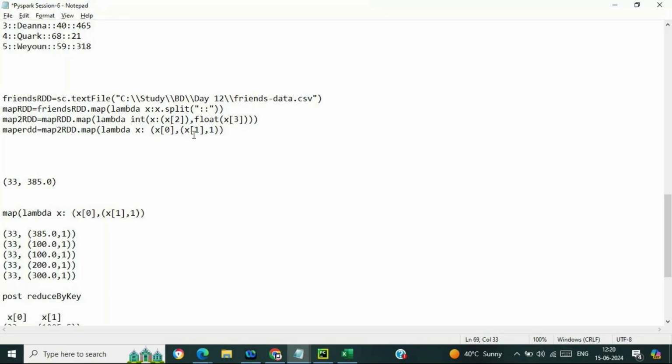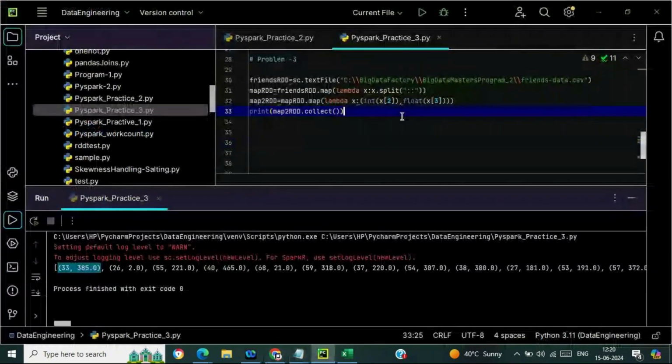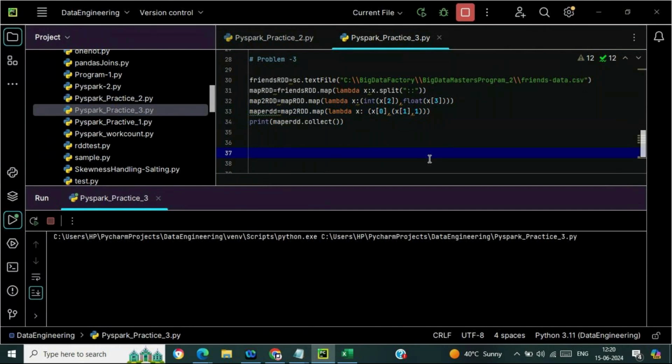x of 0, x of 1, and then we are placing 1 with each and every one. So just let me do it, and then we will try to collect it. x of 0, and I think one more bracket we want to have, and let me collect the mapped RDD.